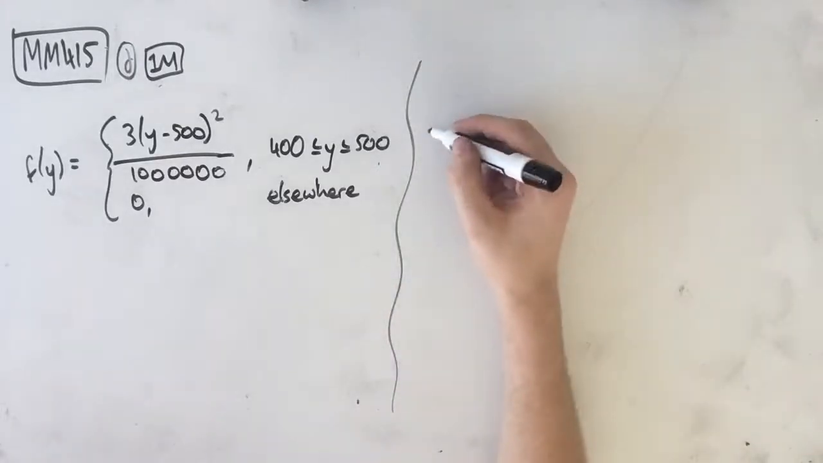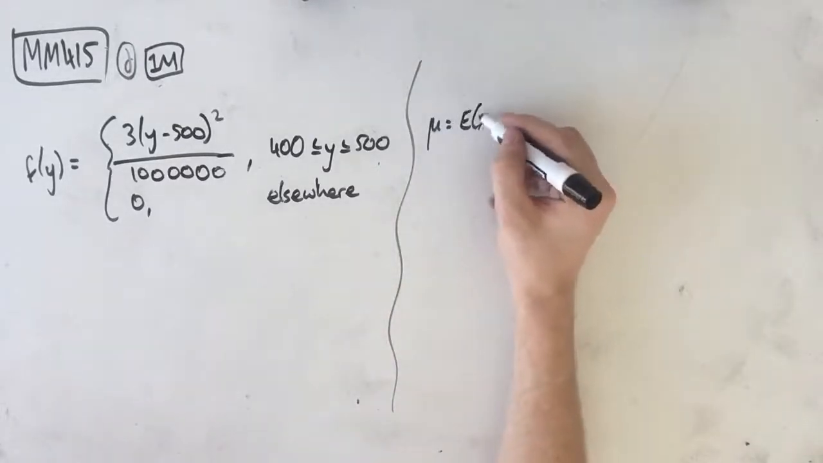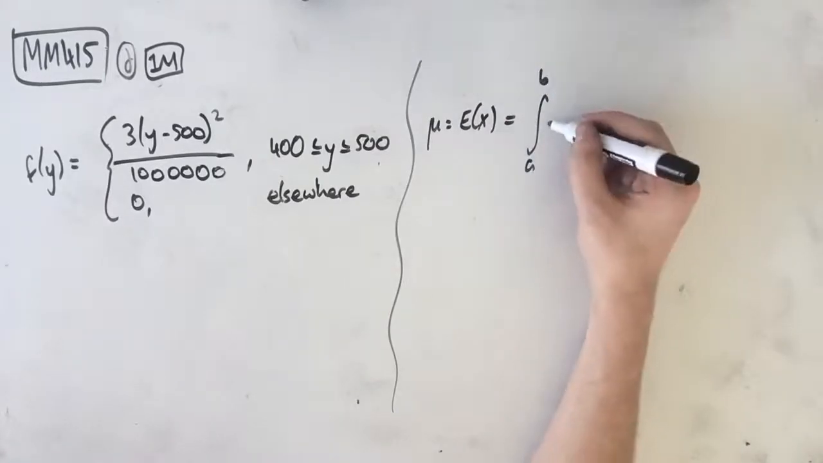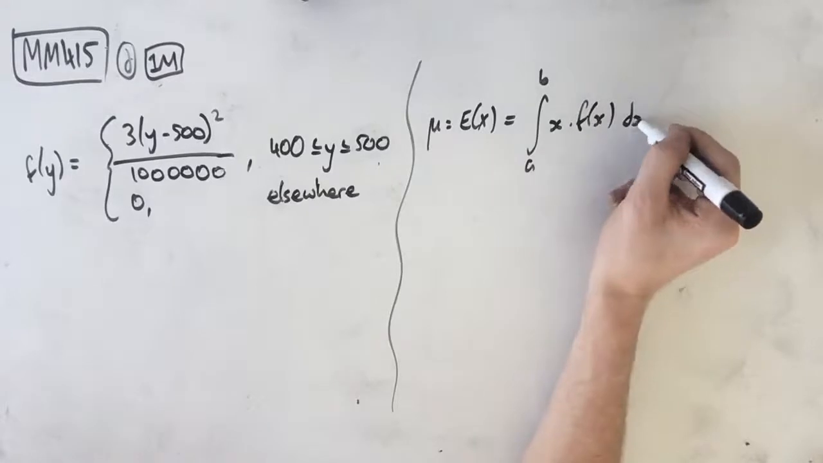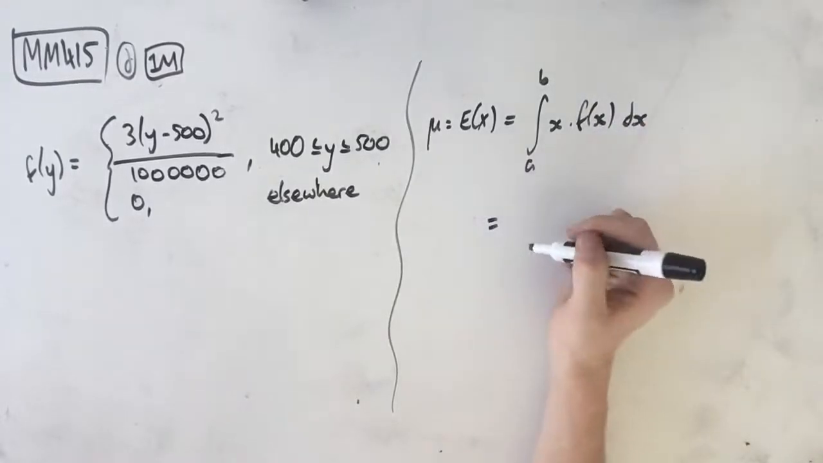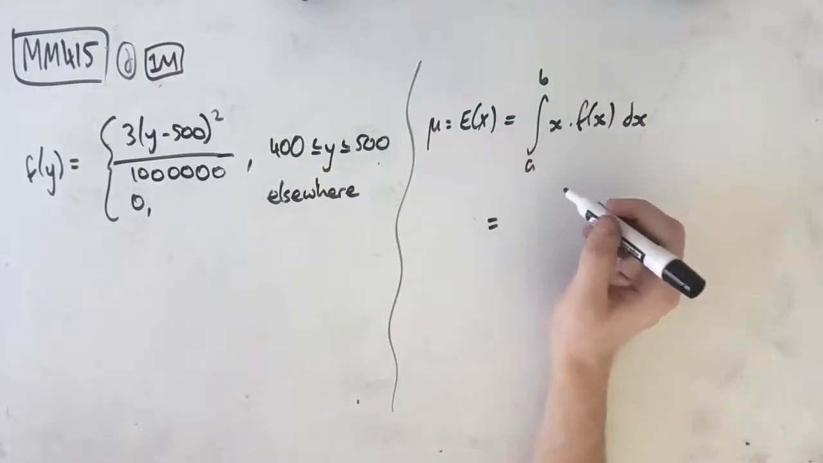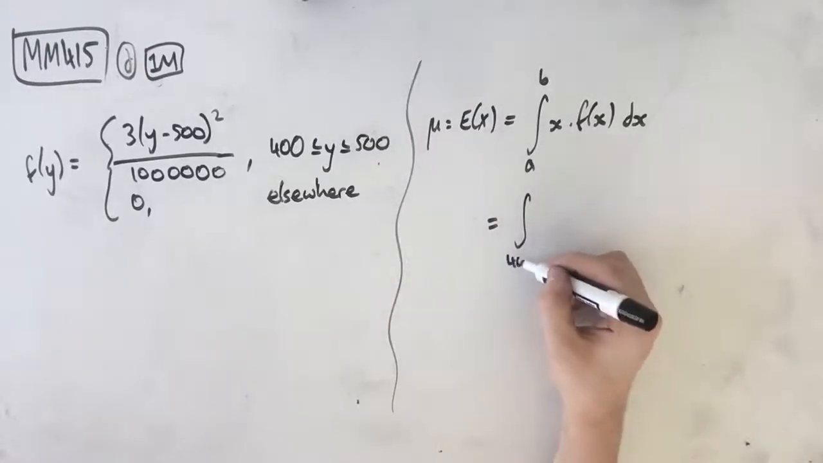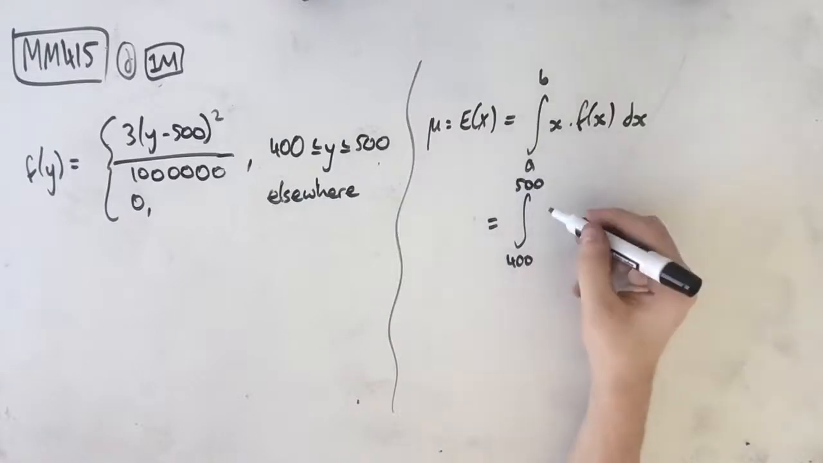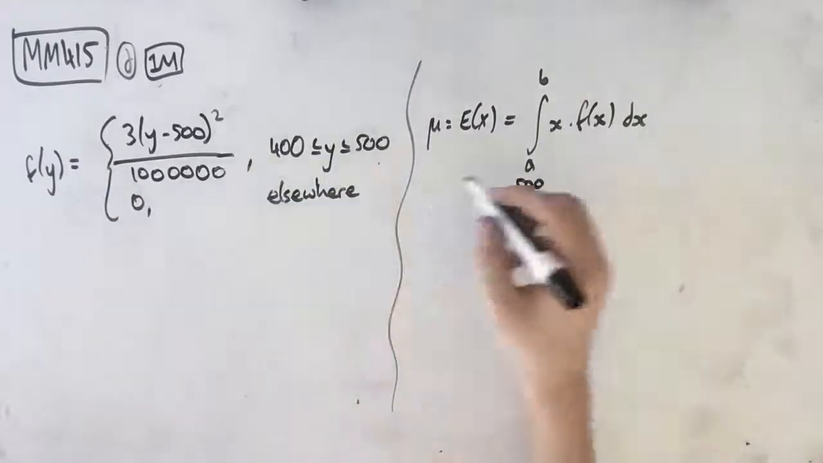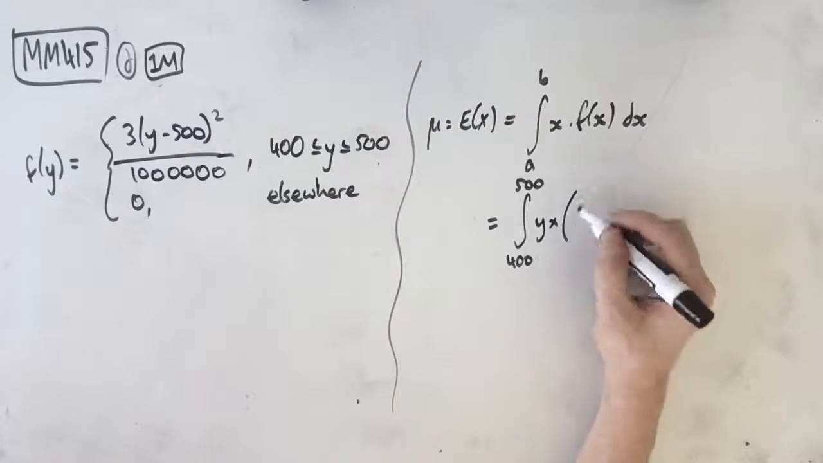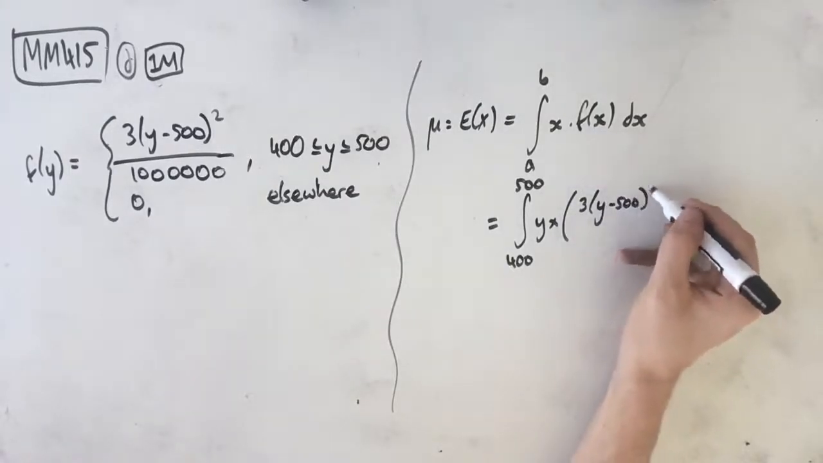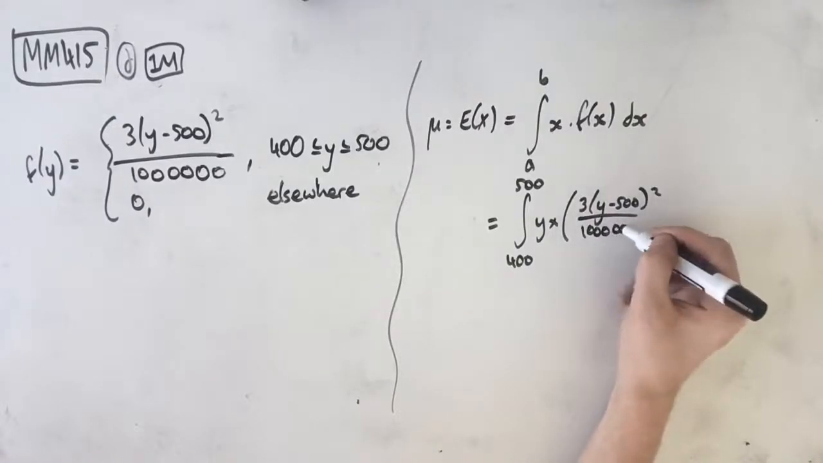Well, whenever we deal with average, what we're talking about is our expected value, right? And the way that we find our expected value is the integral from our lower to our upper of x times f of x dx. That's our mean formula for continuous density functions. Now, from our lower to our upper is 400 to 500 of x, but in this case we're dealing with y, so we'll just replace it with a y. We're timesing that by our function, which in this case is 3 times (y take 500) squared over 1 million